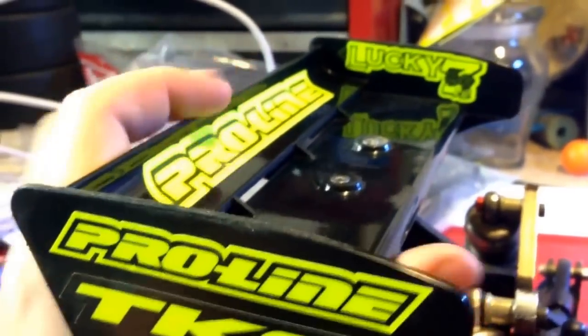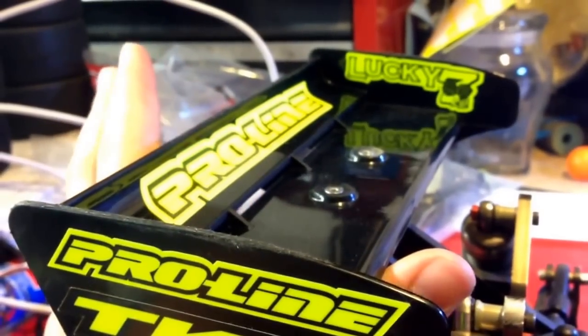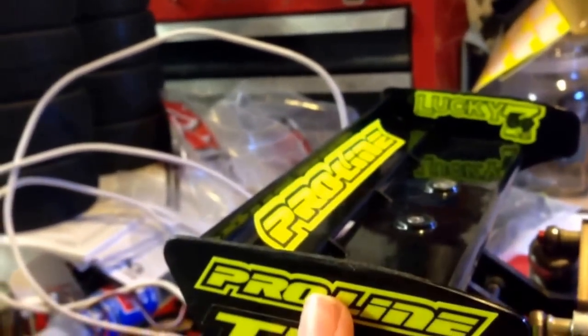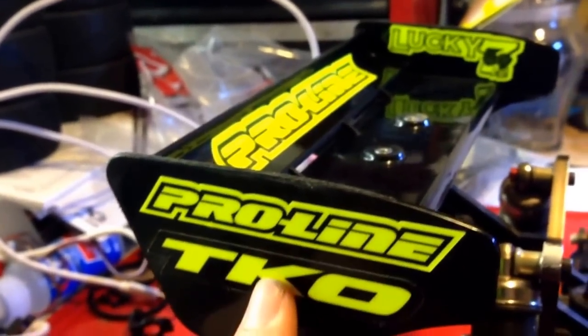The wing, people have thought the Kyosho wing is one of the better wings from a stock vehicle standpoint. The Mugen guys this year on their MBX7s are actually using the Kyosho wing, and so is the Team Associated RC8 prototype. So that's kind of a cool thing to add. The wing can be adjusted. Right now it's at the normal downforce. You can put it up to create more drag or downforce